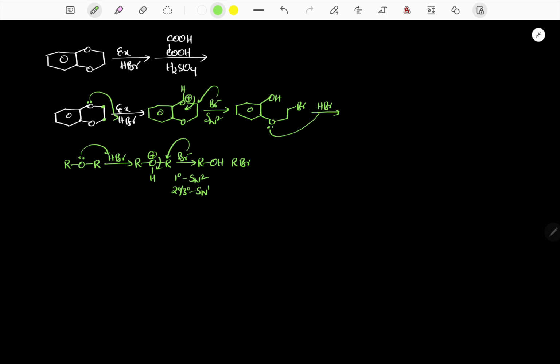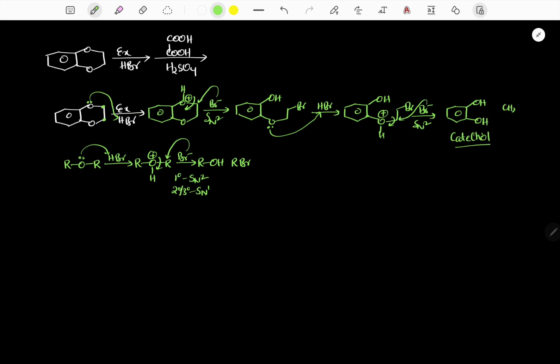Another ether molecule reacts with the corresponding H plus. Now it reacts with Br minus through an SN2 reaction. Therefore finally it gives the corresponding product catechol